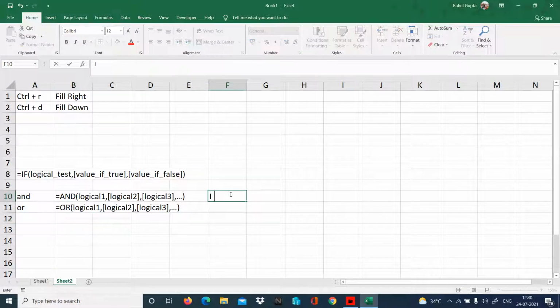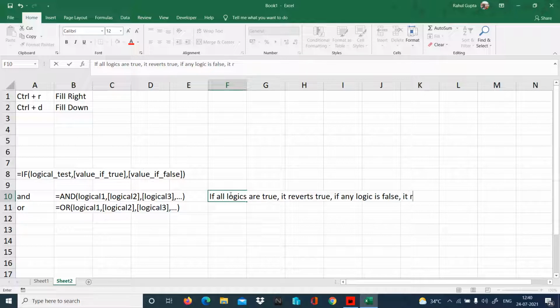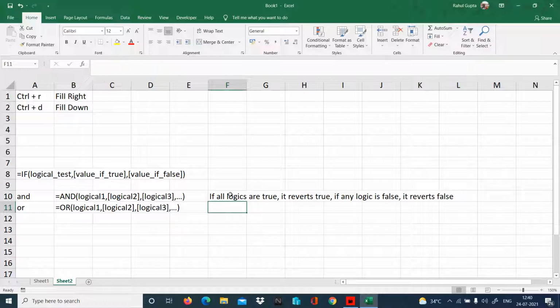So if all logics are true, it reverts true. If any logic is false, it reverts false. Means if you are checking 10 logics and in that 10 logic 9 are true but 1 is false, you are going to get false.